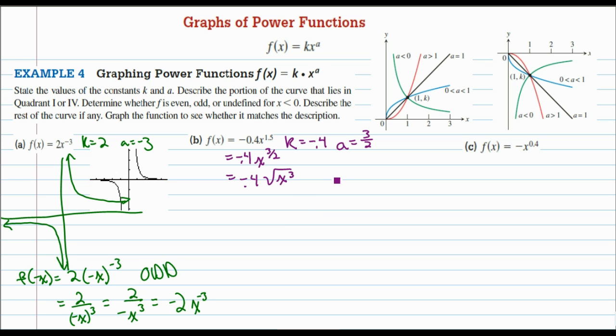So now, in my sketch, the exponent is a fraction, but it's not between 0 and 1. It is actually greater than 1. It's 1.5. So the function is still going to look like y equals x squared, which also has an exponent greater than 1. X cubed also looks like this to the right. X to the 4th also looks like this. X to the 1.5 therefore will look like this in quadrant 1. Now since my k value is negative, I'm going to flip that over